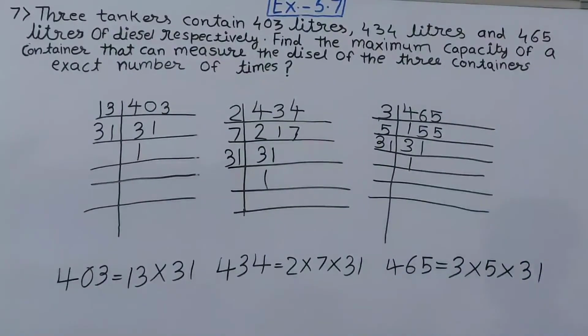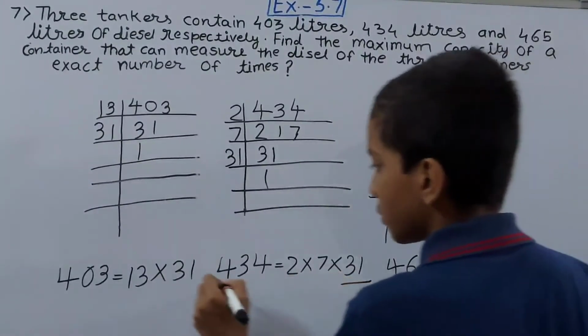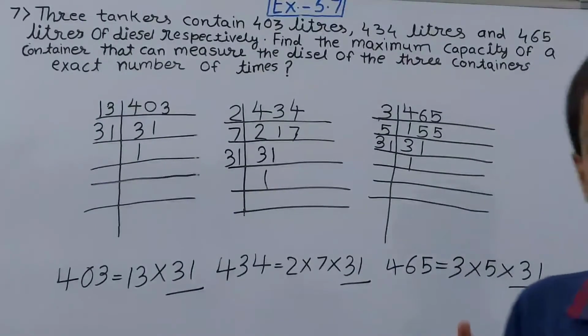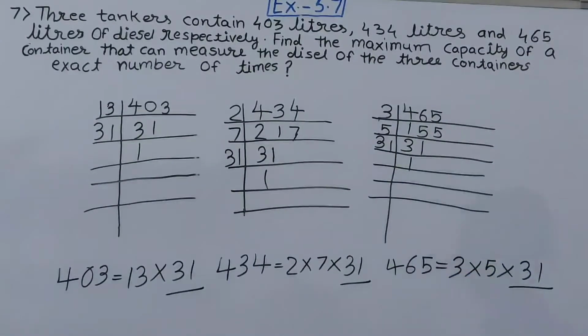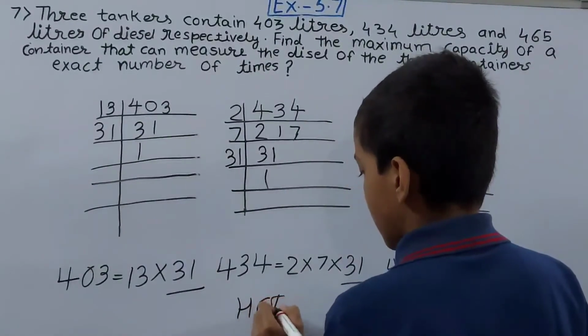Now we have to look for a common factor here. So we have a common factor here, that is 31. So you see 31 is common here and no other factor is common in this. So that means 31 will be the HCF. As I told you in the beginning, when you have one common factor, then that common factor is the HCF. So here 31 is, that means our HCF is equal to